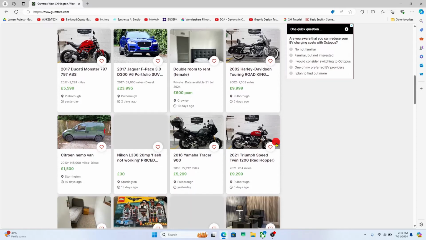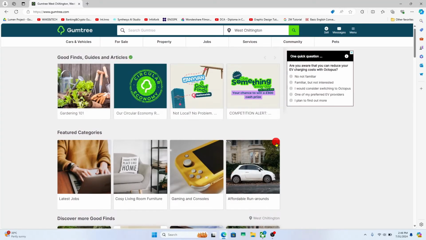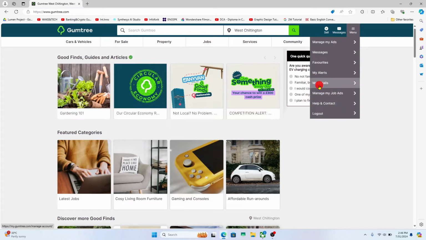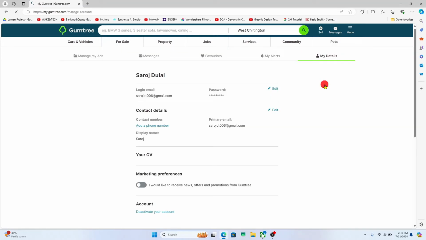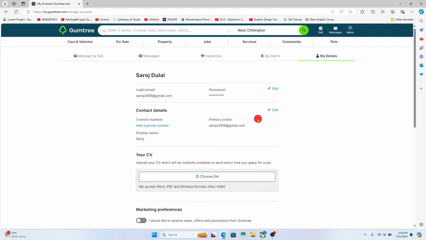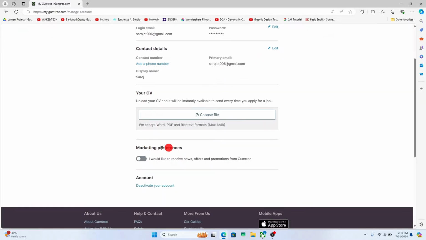Once you are logged in and taken into the home page, if you wish to turn off email notifications, click on the menu icon at the top right corner and then click on My Details. You will now be taken into your settings page, from which, if you scroll down, you will see the Marketing